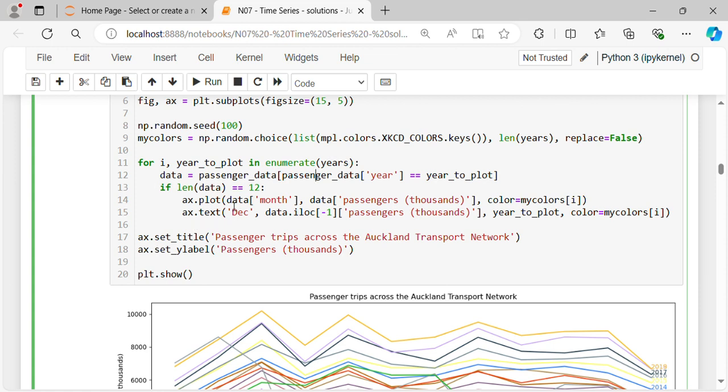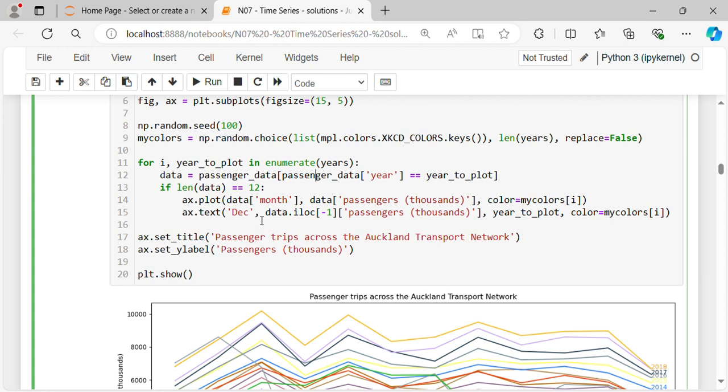If length of data equal 12, so for each year we want the data to be read for all 12 months. If length of data equal 12, then